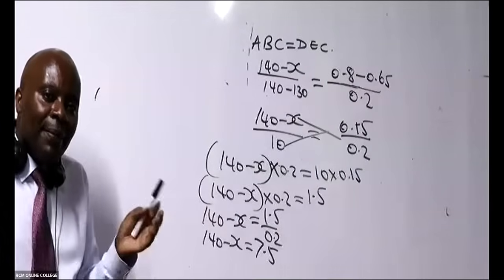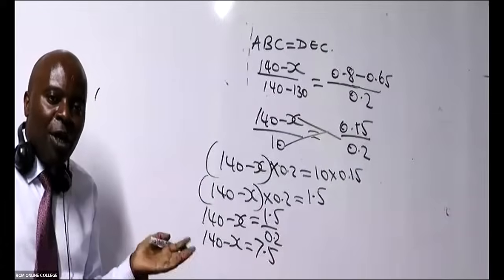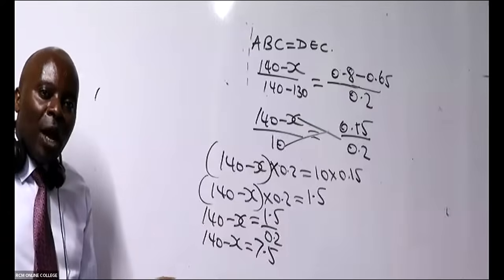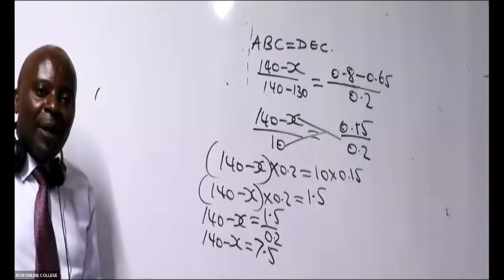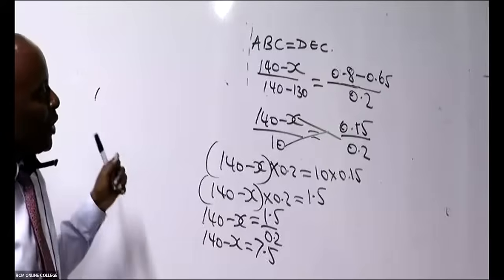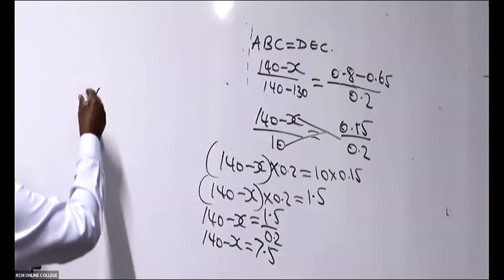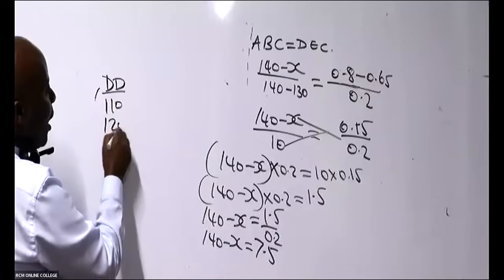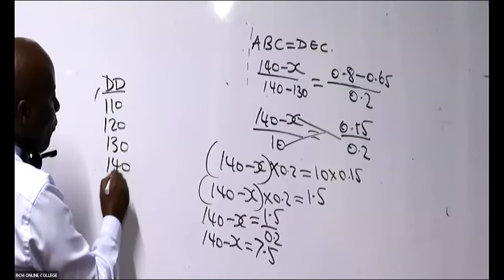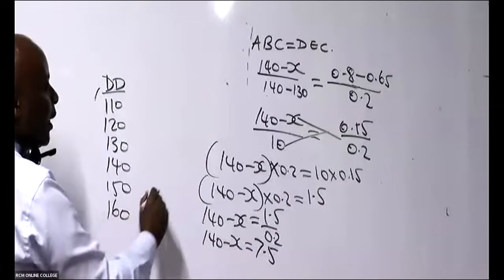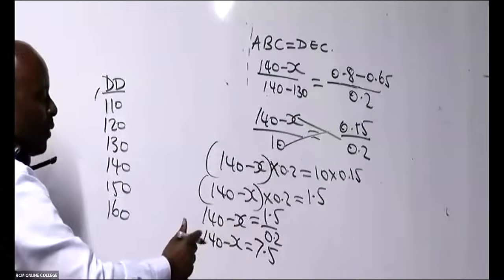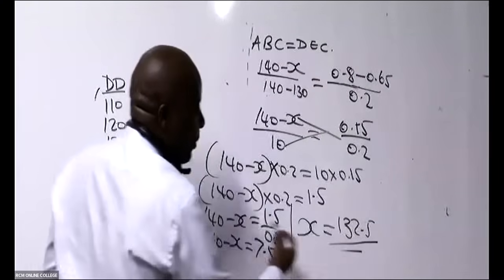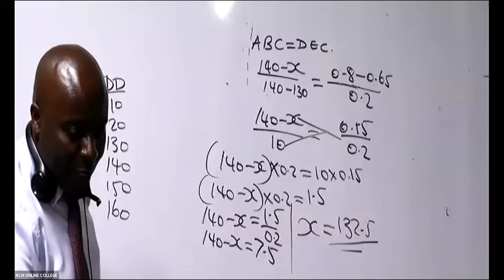And this is a crazy method. Why would I want to remind you about these concepts of similar triangles? They are something that we did a long time ago. If I were you, I would simply master this concept of continuous probability distributions, where I'm given my demand of 110, 120, 130, 140, 150, 160. Now that you have seen this method is complicated, but first of all, are we in agreement that x here is 132.5?